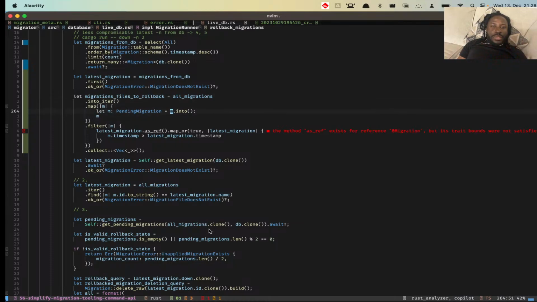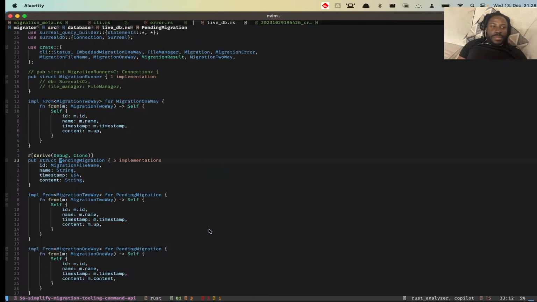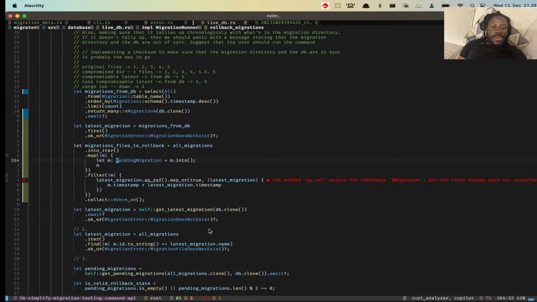But actually, let's see, pending migration. I don't know if calling this pending migration is actually the right thing. Or better just call it migration file metadata. Let's see, migration to